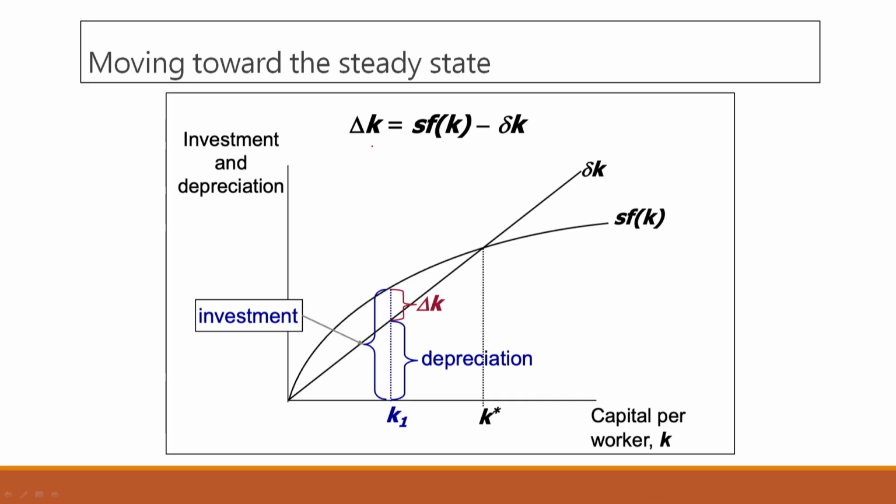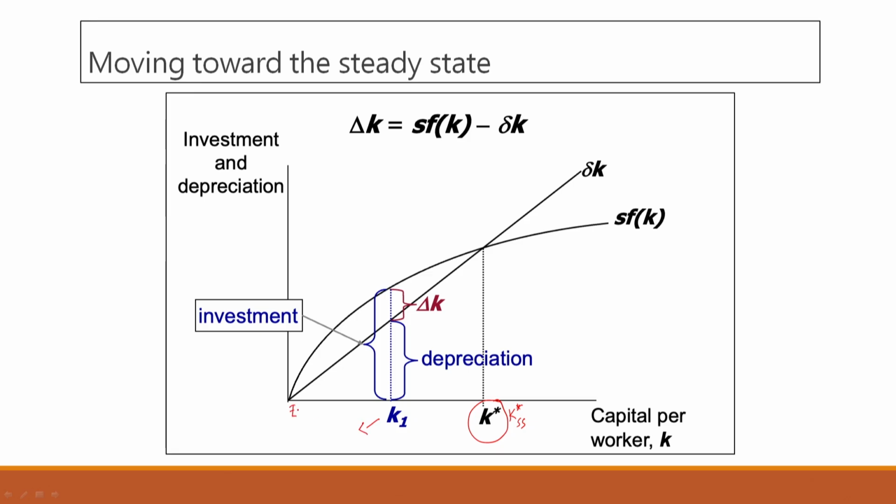The same question we ask ourselves here: let us suppose that to begin with the economy is not here. We know that this is our k star SS, just to be double sure that this is the steady state. But let us suppose, and this is perhaps the most common case, that the economy